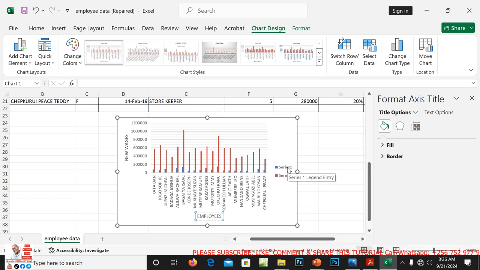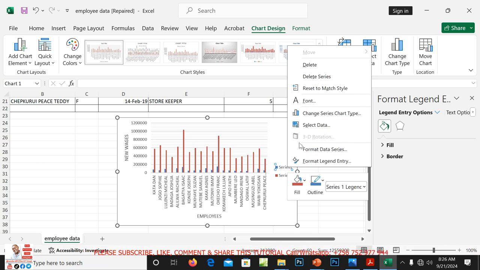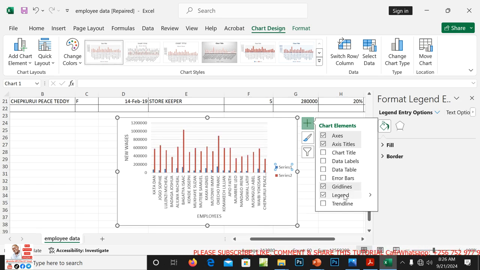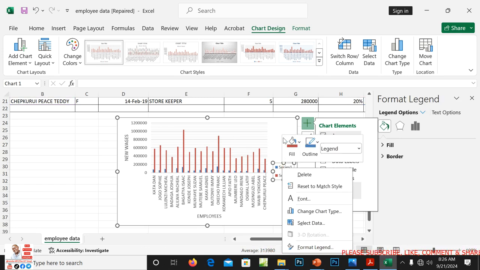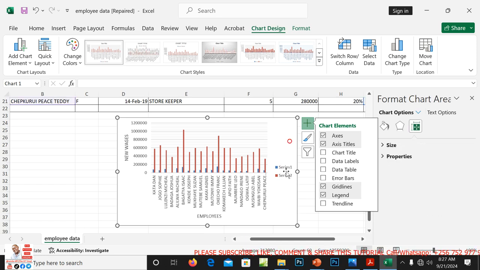Blue is representing the increments. Legends, yes. Format legend.